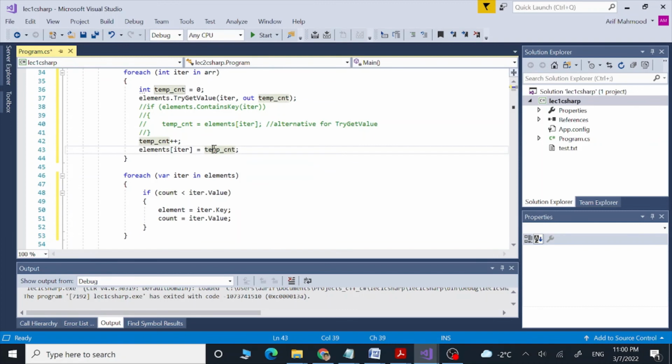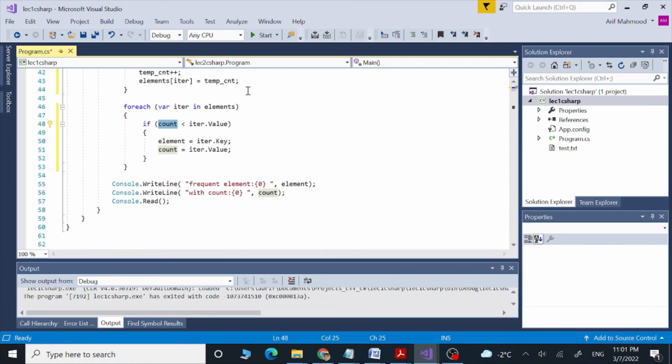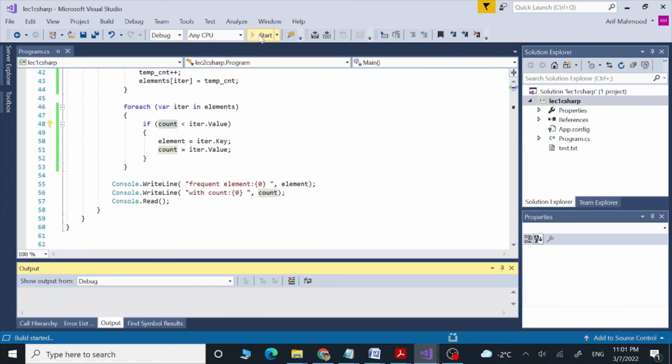Through this for loop we are going to get the count of each element, and then we are going to put that element, which is going to be the key in this case, inside our global variable. So this is the way we are going to put each element and its count inside these two variables, only if their count is greater than our previous element's count, using this if conditional statement. And then these code lines are going to be the same. And now I am going to show you our output.